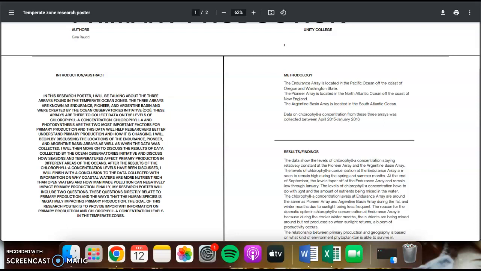I will begin by discussing the locations of the Endurance, Pioneer, and Argentine Basin arrays, as well as when the data was collected. I will then move on to discuss the results of data collected by the Ocean Observatories Initiative and discuss how seasons and temperatures affect primary production in different areas of the oceans. After the results of the chlorophyll A concentration levels have been discussed, I will finish with a conclusion to the data collected, with information on why coastal waters are more nutrient-rich than open waters and how man-made pollution can negatively